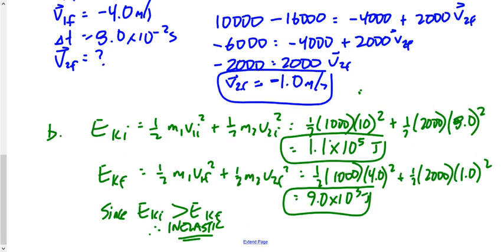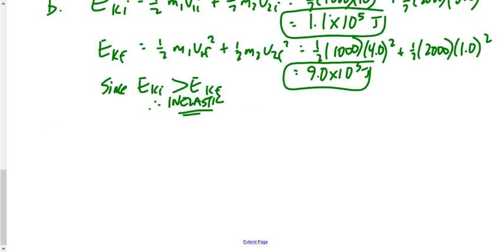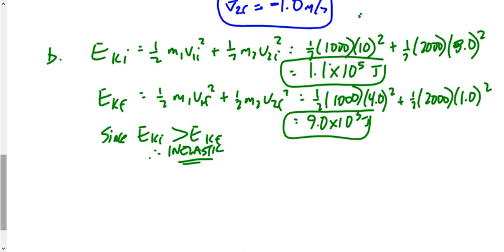C. C asks us to determine the magnitude and direction of the average forces of impact on both cars. I want to do one car at a time, and I want to use impulse for this. I've got a time, and I want to find a force. Force and time always lead us to impulse. So I'm going to use the equation for impulse as it appears on my data sheet. F times delta t is equal to m times delta v,